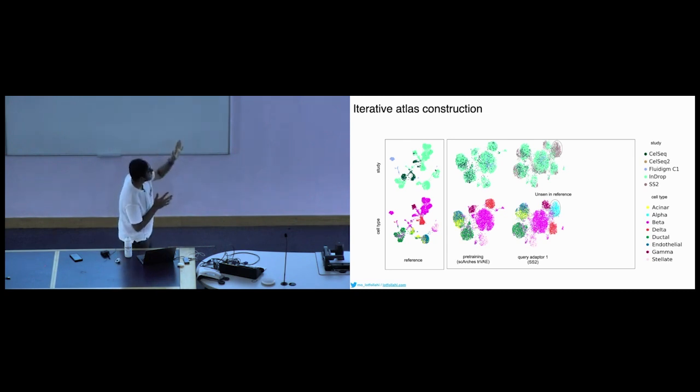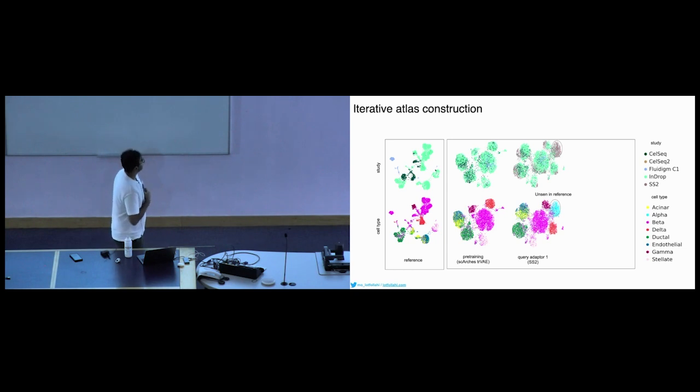And so in this example, we basically simulated a scenario where you might even have novel cell types in the query that might not be present in the reference. So we left out all the alpha cells from the reference, and we left them in the query to simulate this scenario. And as you could see, the alpha cells are not merged with the existing cell types. So this is merely based on UMAP, but